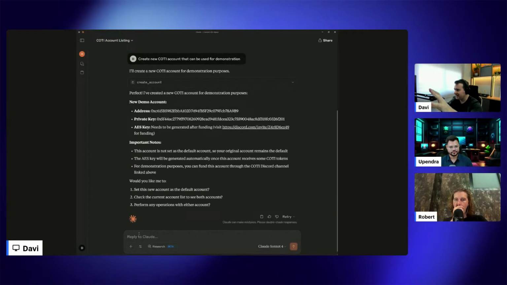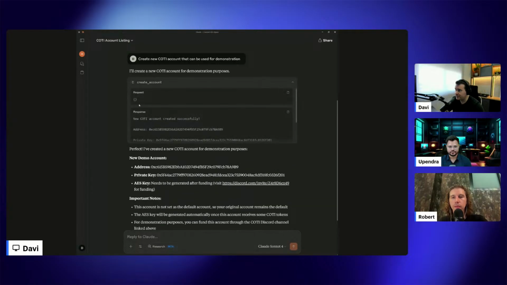Of course, it's sensitive information, so for demonstration purposes, we are just using that account for this live stream. And here you can see the AES key needs to be generated after funding. So the only way to get COTI tokens is by going to the Discord and pasting the message there.